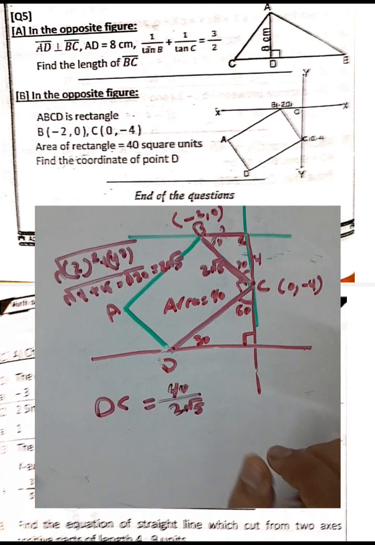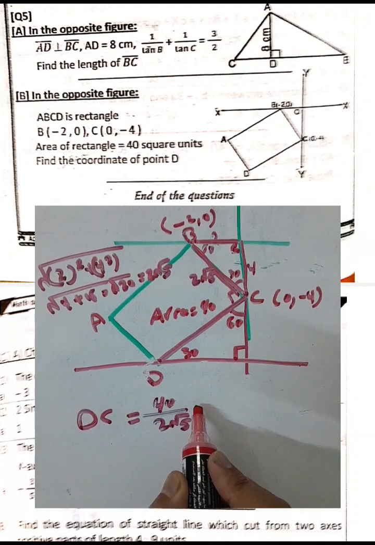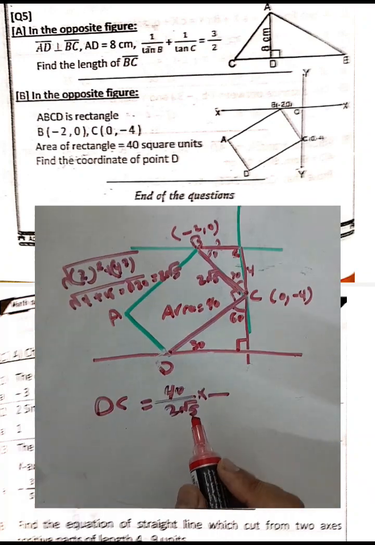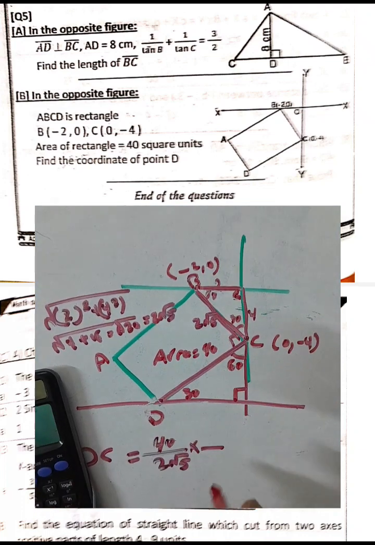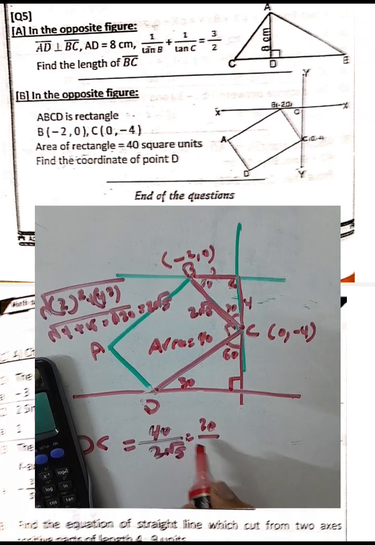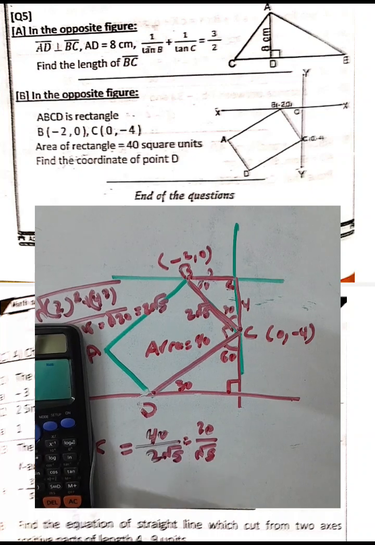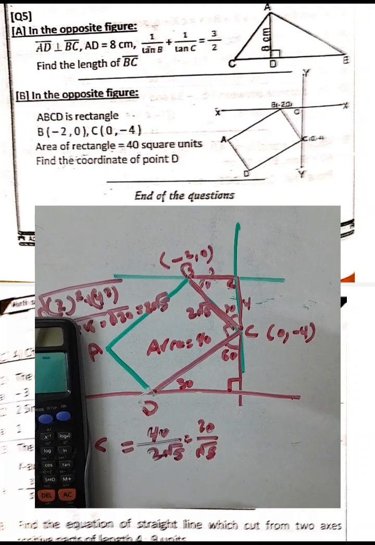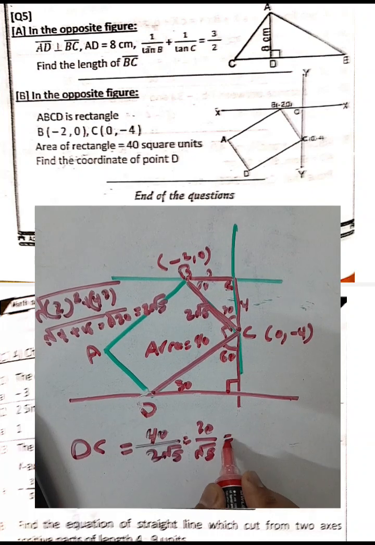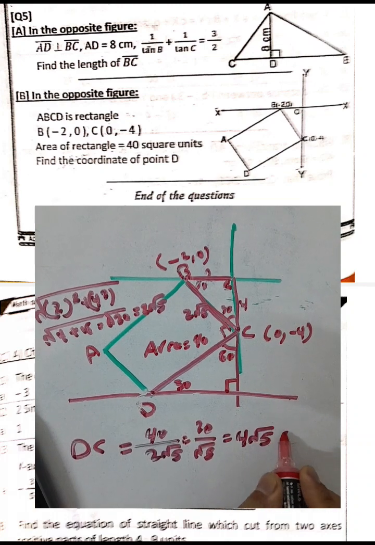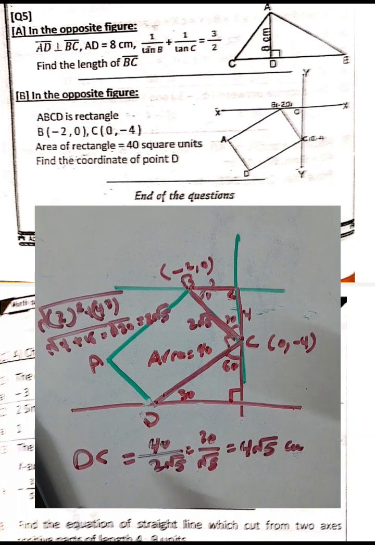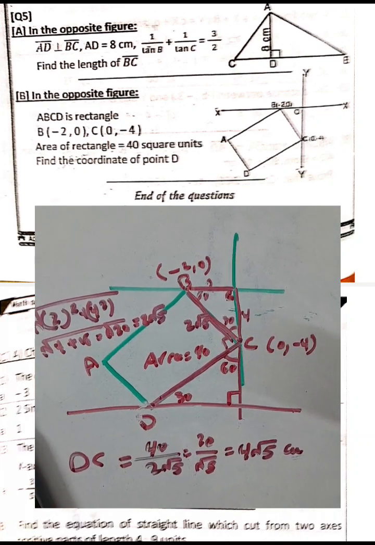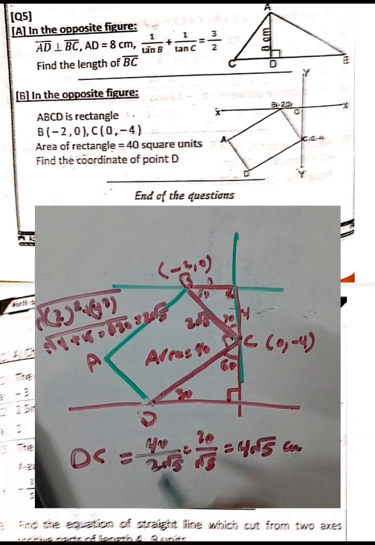Okay, and then you can simplify it by product, or use a calculator to find the result in one step. Right, 40 divided by 2 will be 20. It will be 20 over root 5. And then write 20 divided by root 5 in the calculator. The result will be 4 root 5 in simplest form. This side length here will be what? 4 root 5. And the width was 2 root 5. Then it will be 4